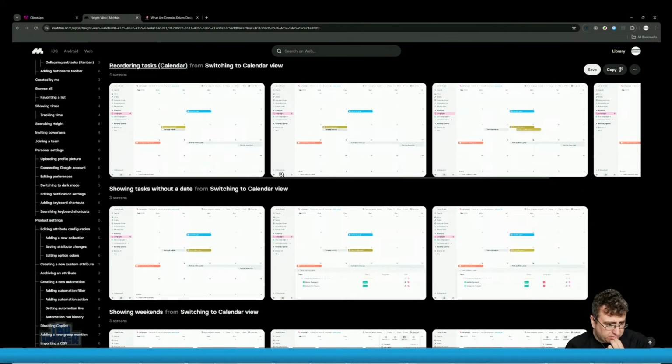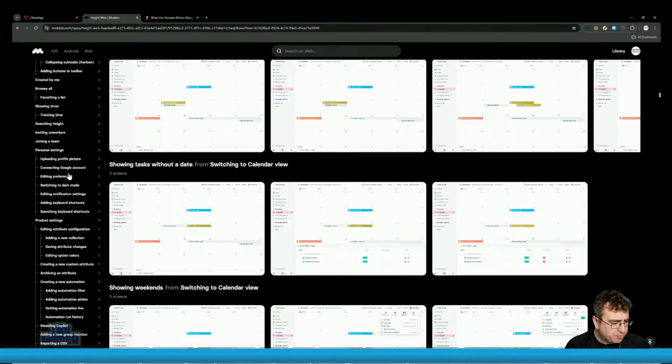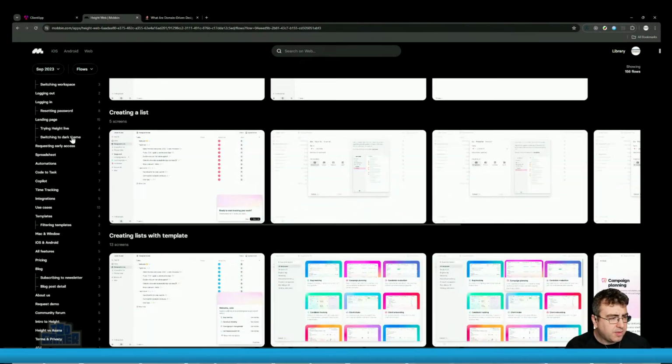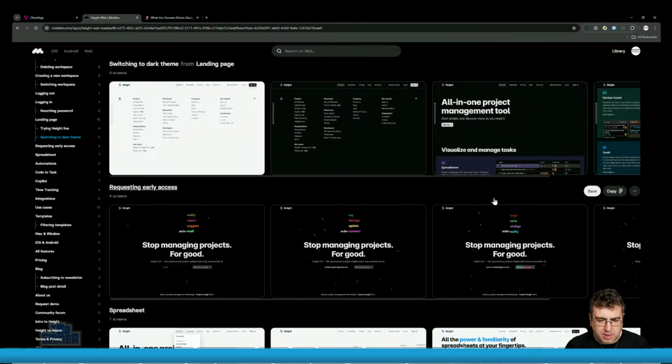It's actually pretty good, project management tool. So they've got 156 flows in here. Oh, there we go. Switching to start theme. There we go. But most of them focus first on